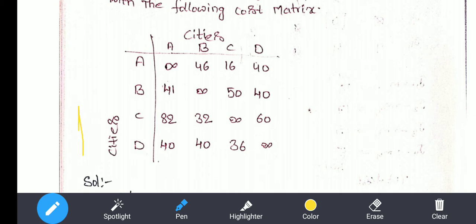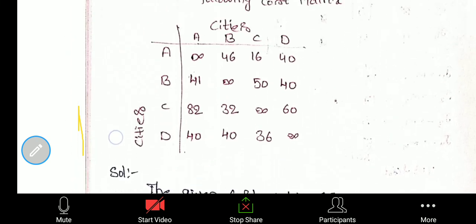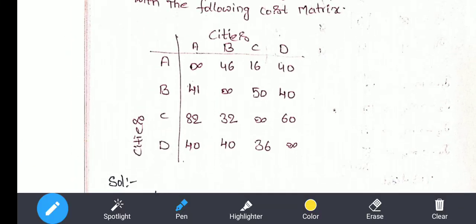Okay, next thing is, in the tabular column, the main objective for us in this model is to find the route for the salesman to reach from city A to city D. That route's cost should be as minimum as possible. That is the main objective of the traveling salesman model for us. In this model, from A to D, the salesman has to cover the cities in between and should not go to the same city again. Visiting the same city twice will not be allowed.